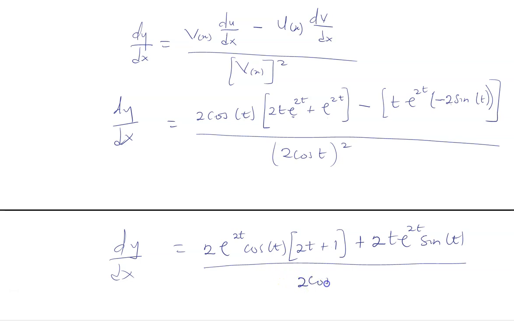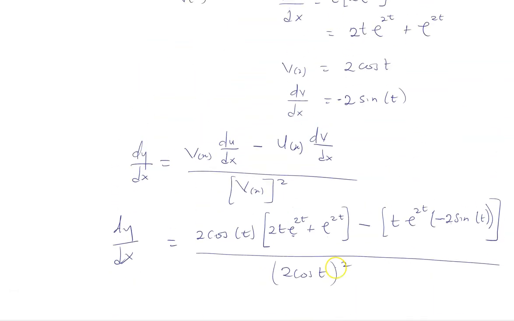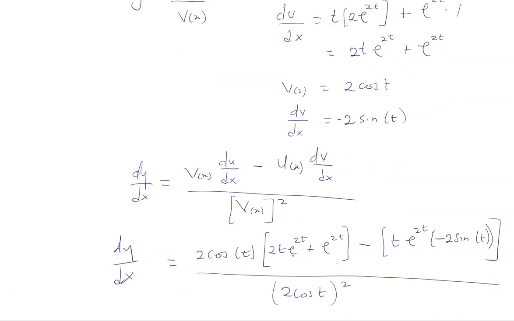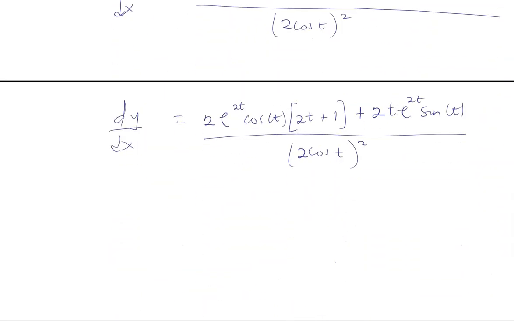2 cos t all squared, right? Yes, so that was the value for the vein. So the vein was 2 cos t. We get it. So here we can still do further simplification. What's the further simplification? We have